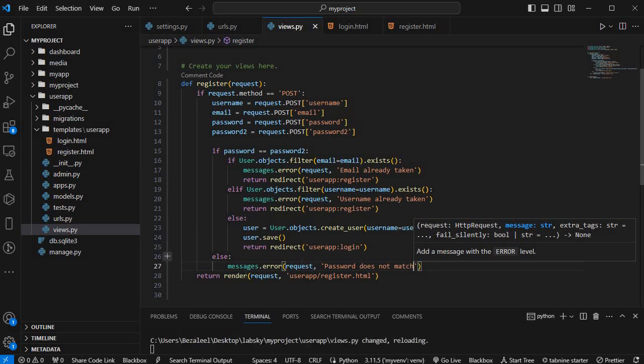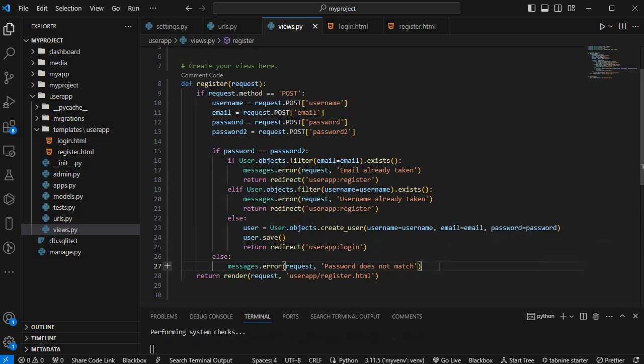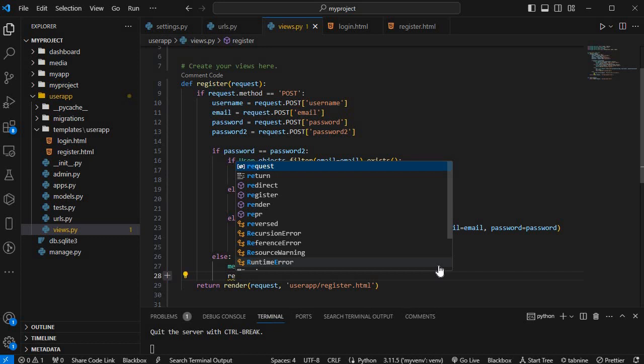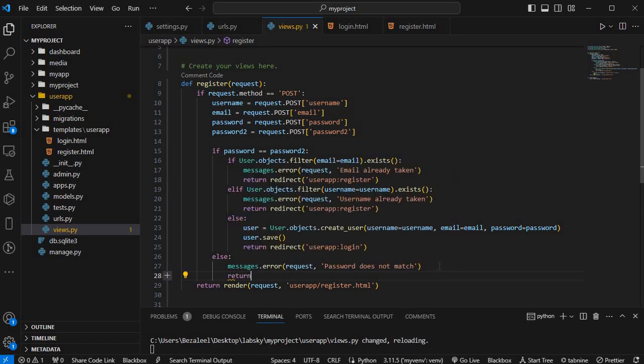Then we also return back to the same page,